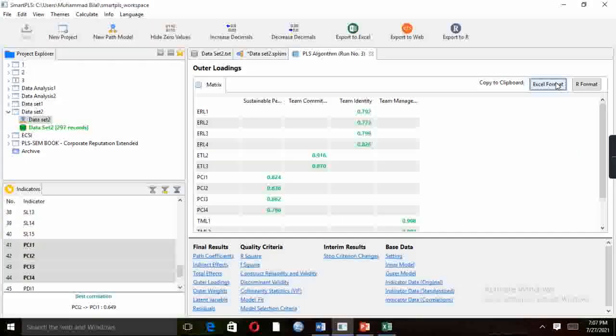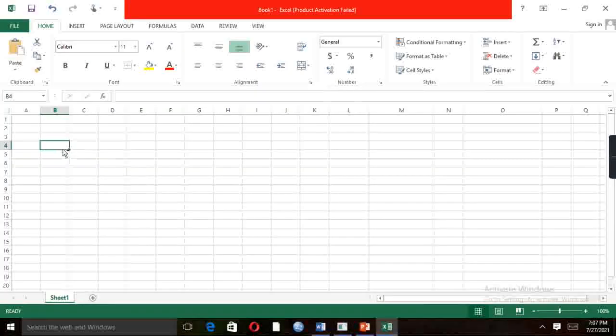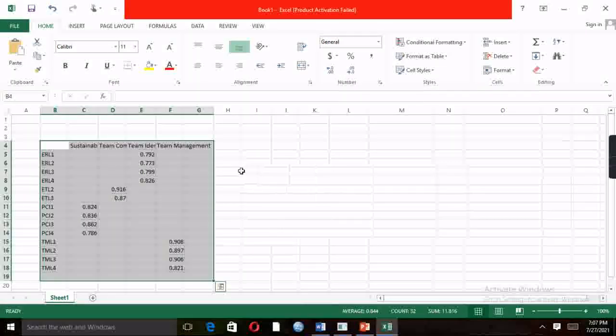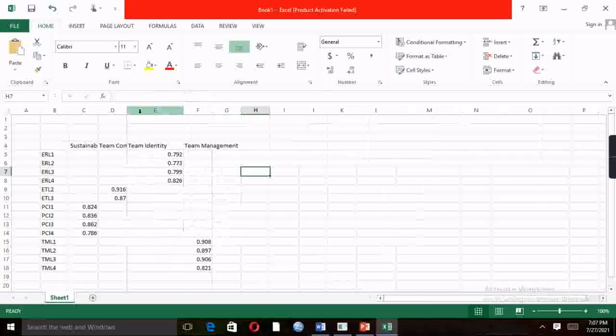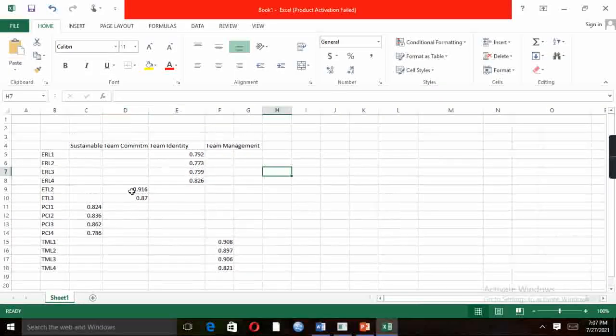Click on Excel format, open Excel and copy and paste these values. So these are the values of the variable. The next step is to copy and paste into your Word document in order to report the result and analysis portion.